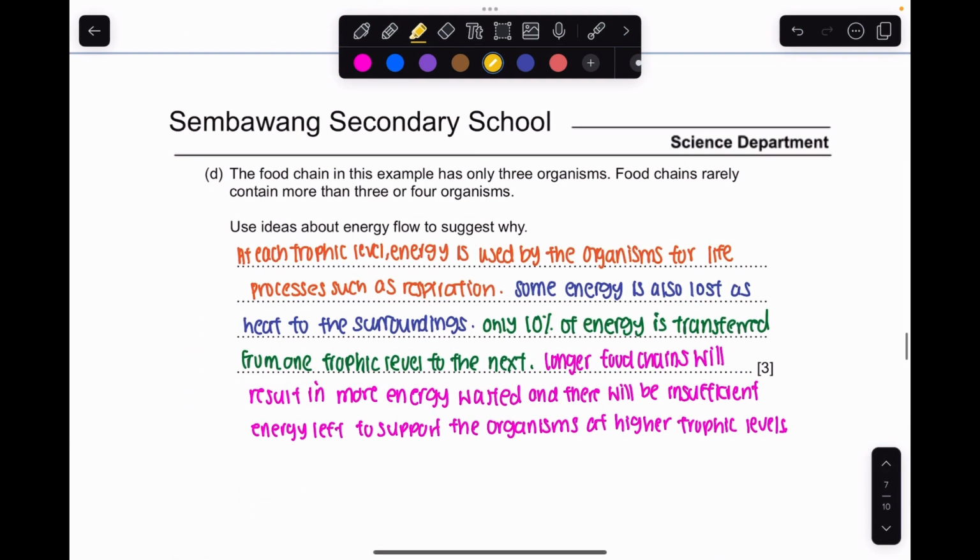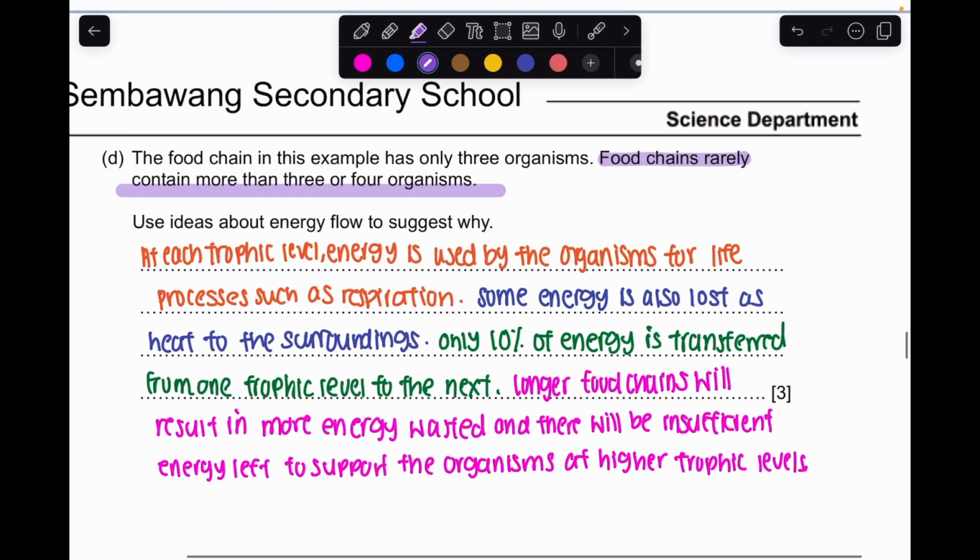Okay, last one. So the food chain in this example only has 3 organisms, and we have also learned that food chains rarely contain more than 3 or 4 organisms. So why is that so? Okay, the big idea here is that at every trophic level, there must be enough energy to support the organism. However,